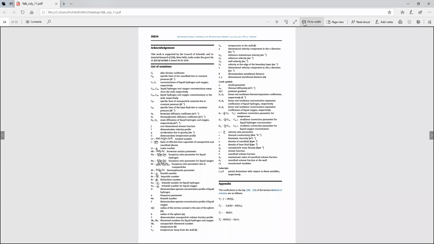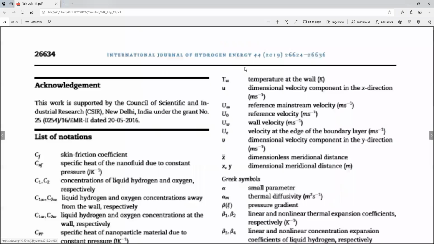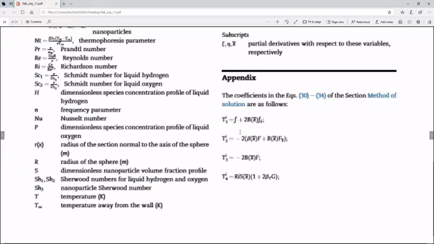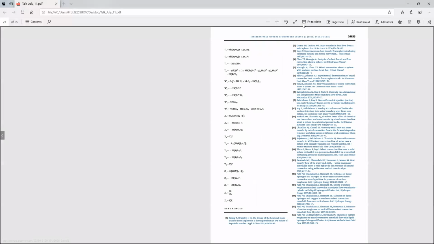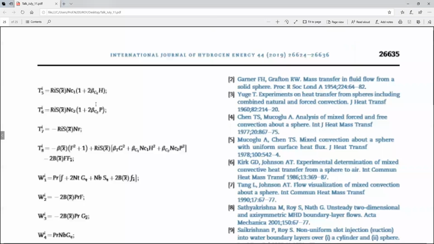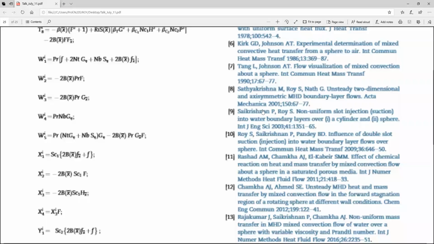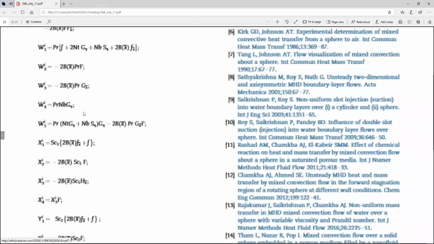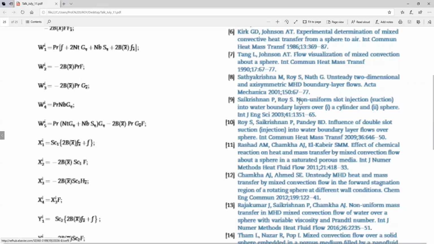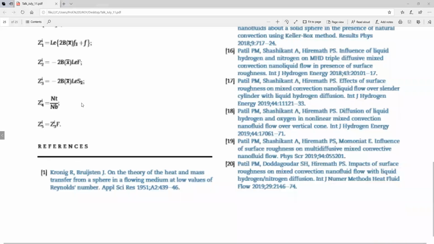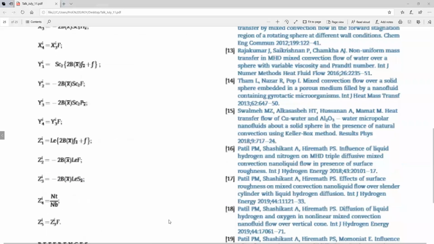And then the coefficients, you see, are also given in the appendix of the paper. They have written our reference also. This is our paper only, my paper. This is also another paper. In any paper, you see Sai Krishnan and others have also used the technique. So I explained OD, and this is the PD. So the idea is the same.